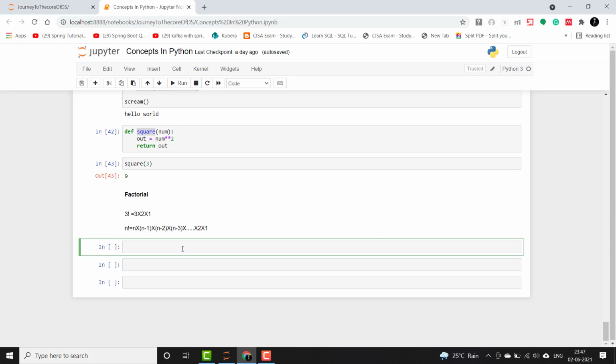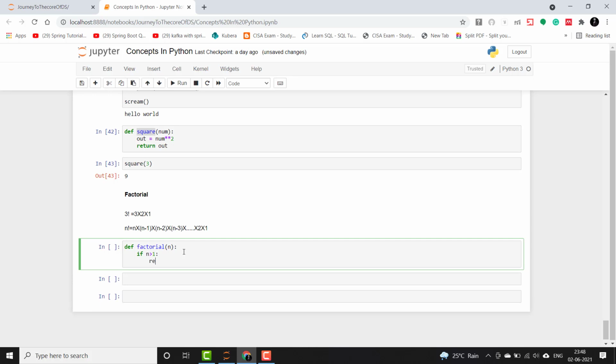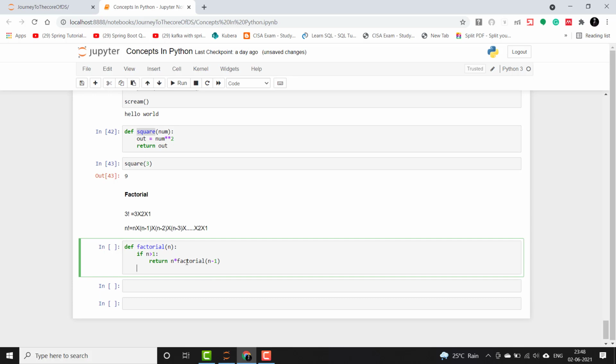Now we will see how to develop a program out of it using function recursion. So let's say def factorial, and we will pass a number for which we need to calculate the factorial, and then we'll have an if statement having n is greater than 1. If n is greater than 1, then it will return n into, and call the factorial function by decrementing n's value. By this we mean that it will return n into, and then 4 will go inside the same function, then next time 3 will go inside the same function. So like that this function will behave.